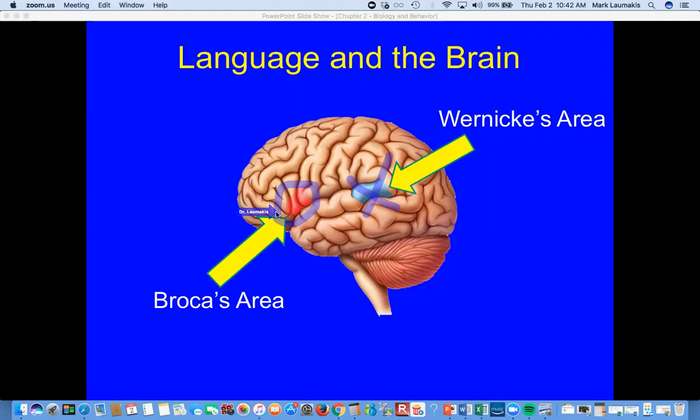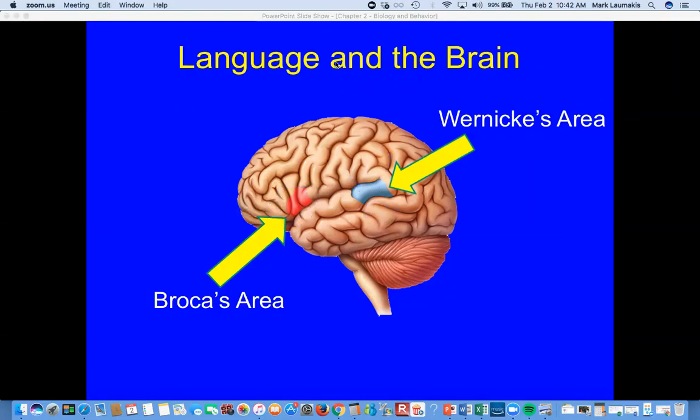It would really depend on the localization of the damage via that stroke or head injury, right? So depending on the specifics, you'll get different patterns of deficits in people as a function of that underlying damage in the brain, okay? All right.